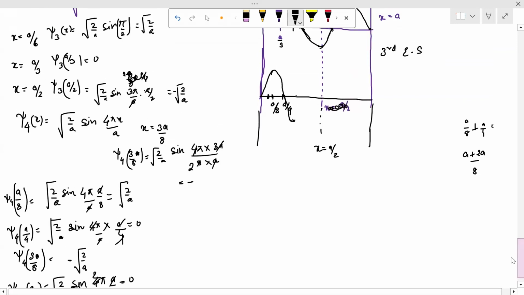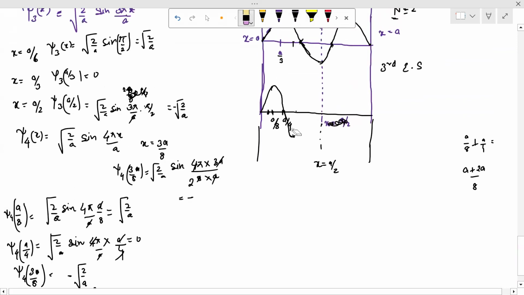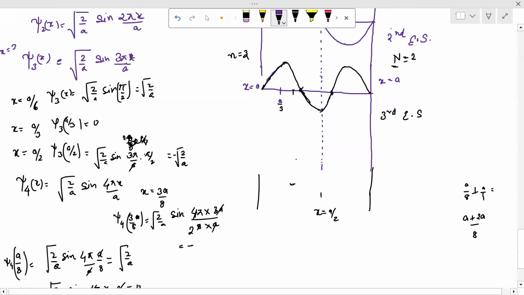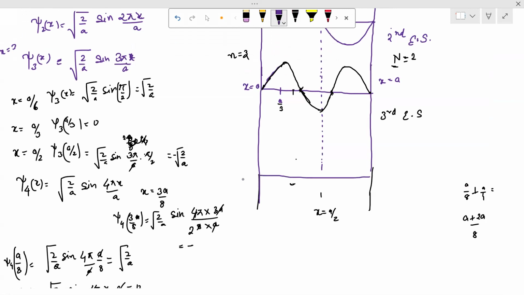So I'll have to make it in a slightly better way. Just give me a minute. Okay. So now we are going to make it in a nicer way. Actually, this was a little bit messy here. Okay. Now I'll make it here this way. Okay. So this is your